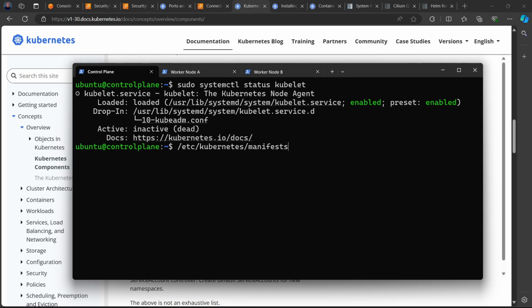Okay, so which means that by the time you do kubeadm init, kubeadm is going to generate what you call self-signed certificates that will allow all of these components, your etcd, your kube API server, your controller manager, your scheduler, to be able to communicate together. Because within a Kubernetes cluster, every component has to communicate securely using a certificate. Every component in Kubernetes has to communicate using a self-signed certificate, which allows